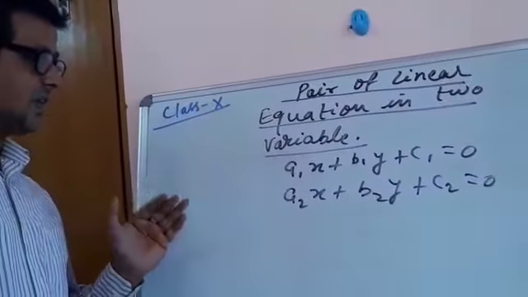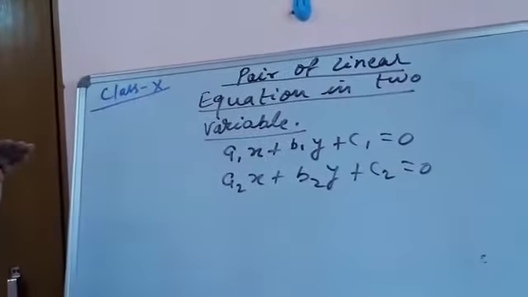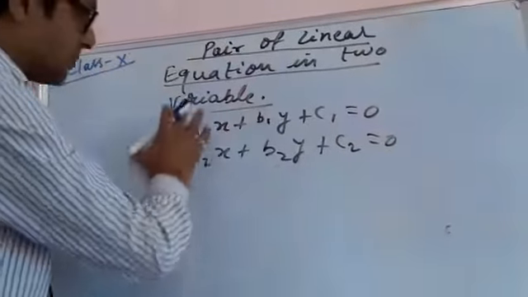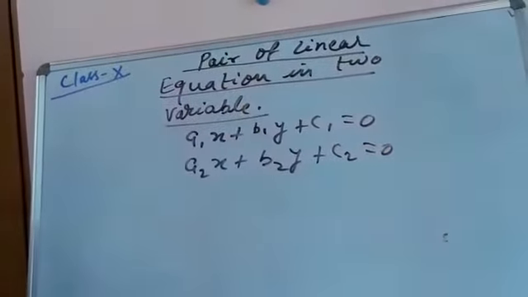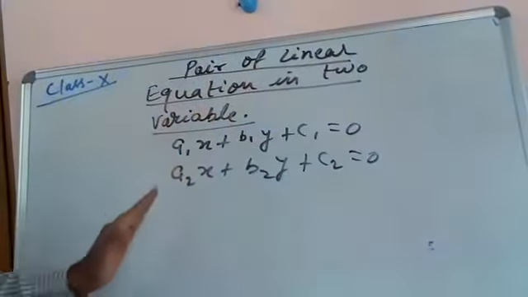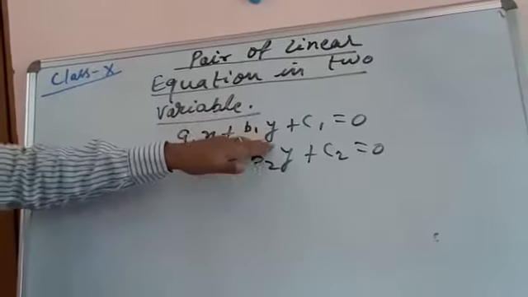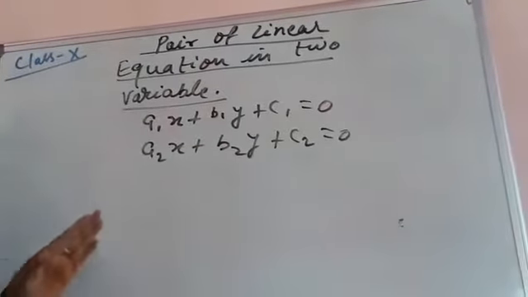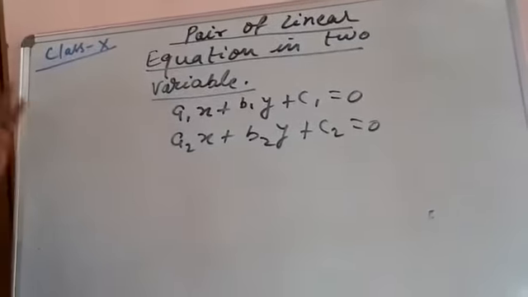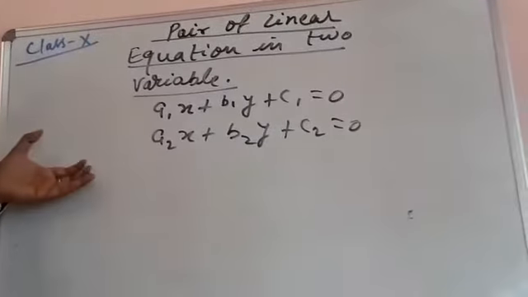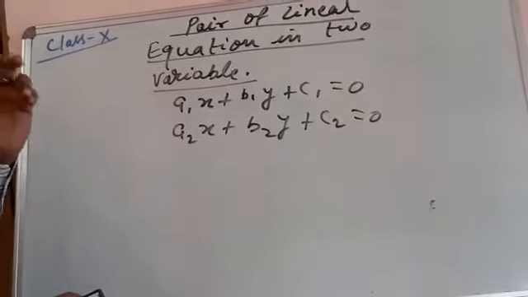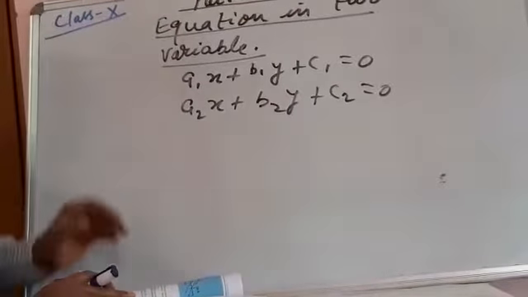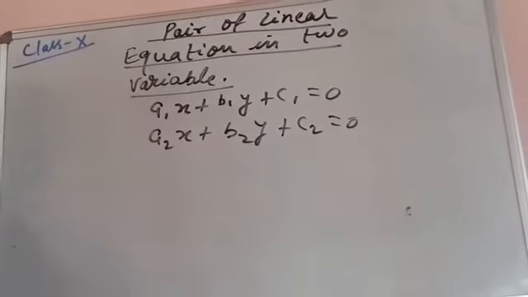If you access them, you'll have each and everything. So here it is important how to deal with the questions and how the concepts are connected with the questions. So this is the general form of a pair of linear equations in two variables: a1x plus b1y plus c1 is equal to 0, a2x plus b2y plus c2 is equal to 0. Now I am not going to repeat anything right now. We'll repeat whenever it is required in the question. So let us begin with Exercise 3.1.